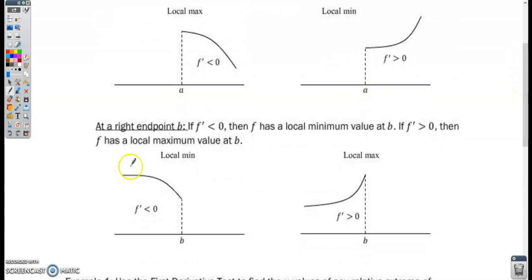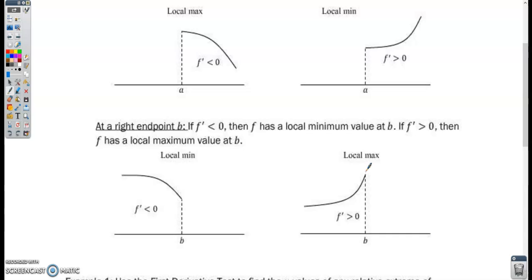If the derivative is negative, the function decreases to that endpoint, and therefore we have a local min. When the derivative is negative to the left of a right endpoint, and when the derivative is positive to the left of a right endpoint, that means that right endpoint will be a local max value. All right, so those are all the aspects that we need to be concerned with for the first derivative test for